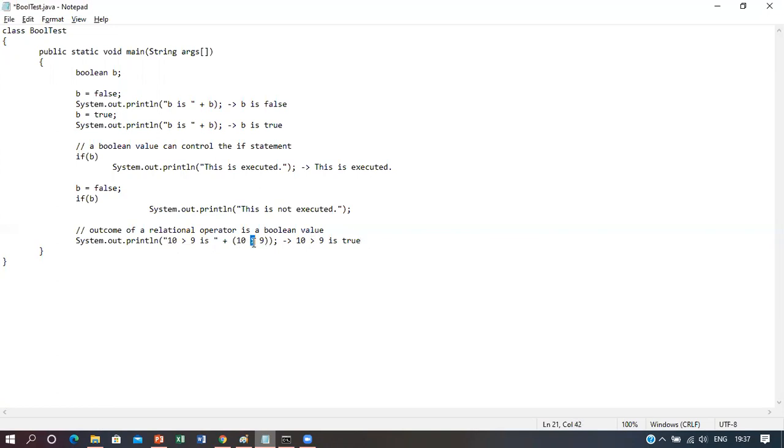Because this greater than is a relational operator and 10 greater than 9 is true, we know that yes, 10 is greater than 9. And we already told you that the outcome of a relational operator is a Boolean value. That means the outcome of this relational operator will be internally computed as a Boolean value, which is true. So the value true will be appended after this using this plus operator.